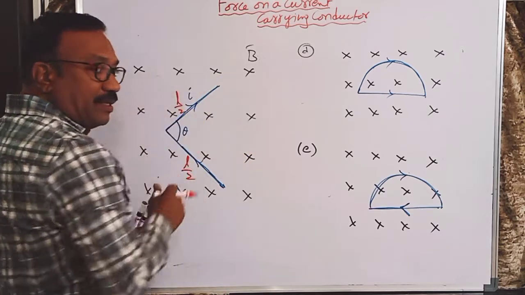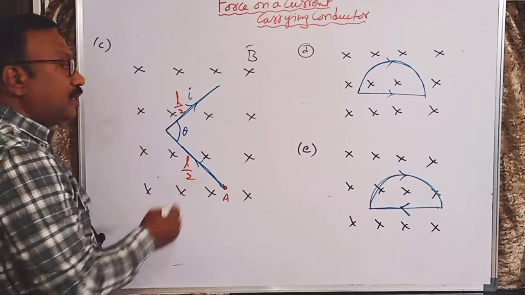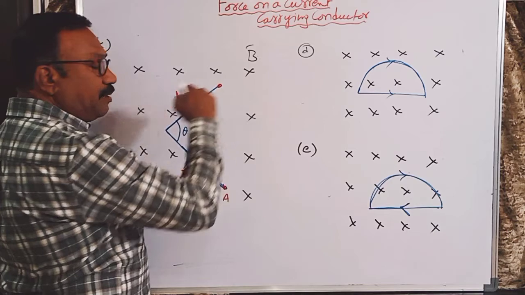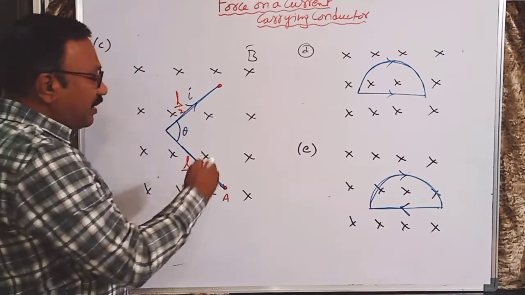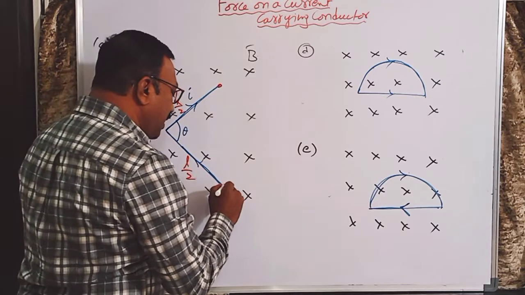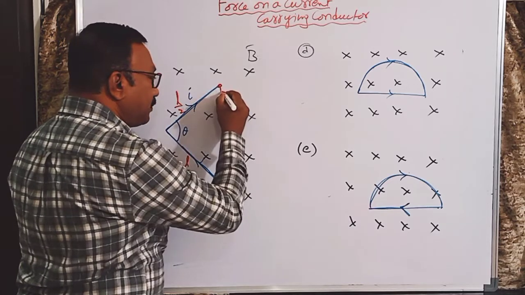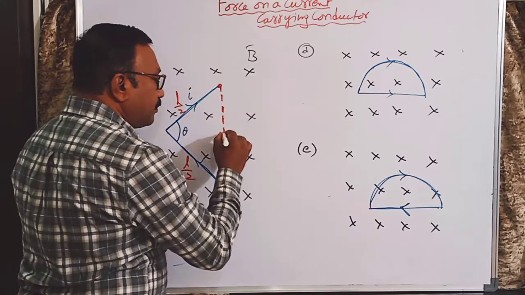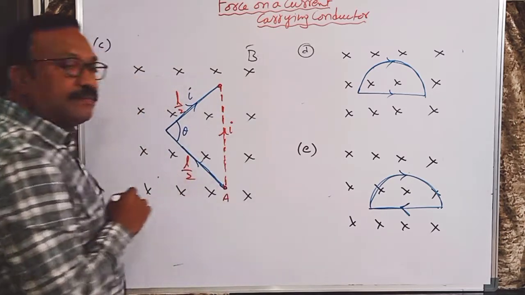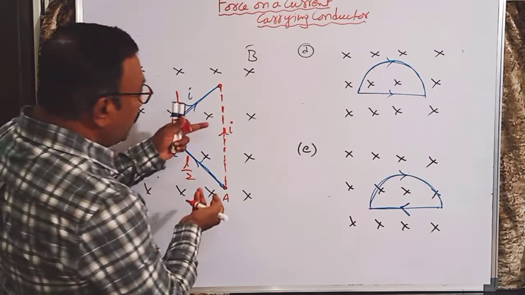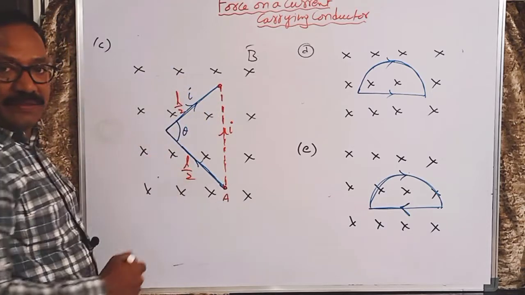So if this is taken as a single conductor, where is the starting point for the current? This is the starting point for the current. Where is the ending point for the current? This is the ending point for the current. So in L bar, like a displacement vector, I have to take this one. So you can imagine one conductor like this. This is an imaginary conductor in which we can take an imaginary current flowing like this. So you should calculate the force on this. That will be the force on this. This is taken as L bar actually.